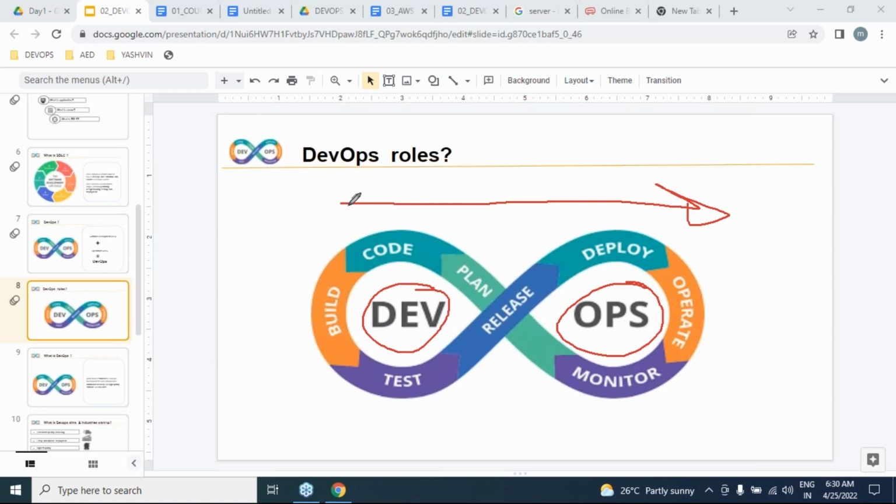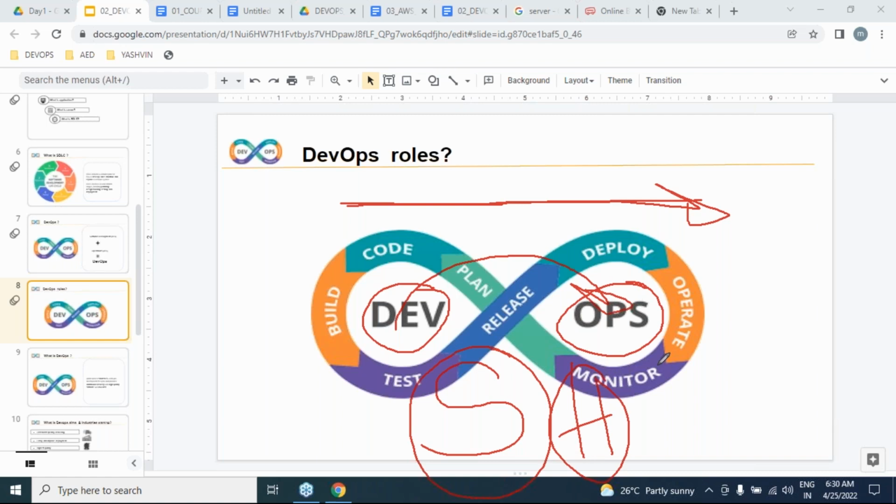We are implementing an automated process. While implementing the DevOps process, make sure we are delivering the application from the dev environment to the production environment in the shortest time, with high quality and low cost.